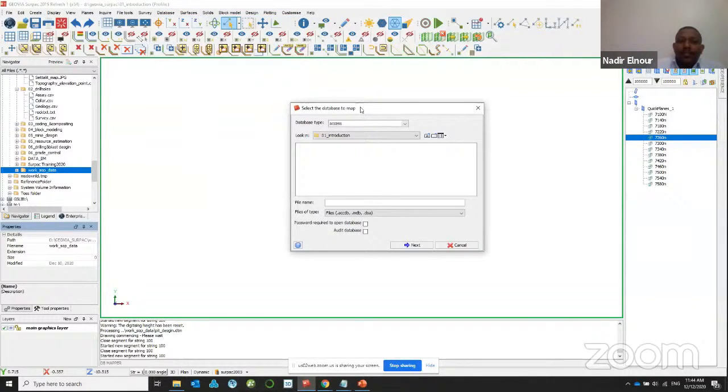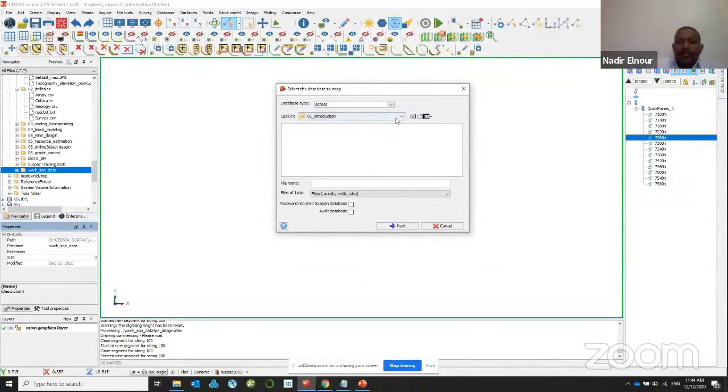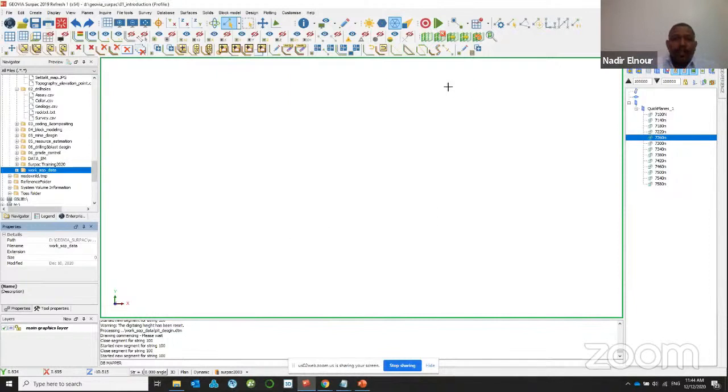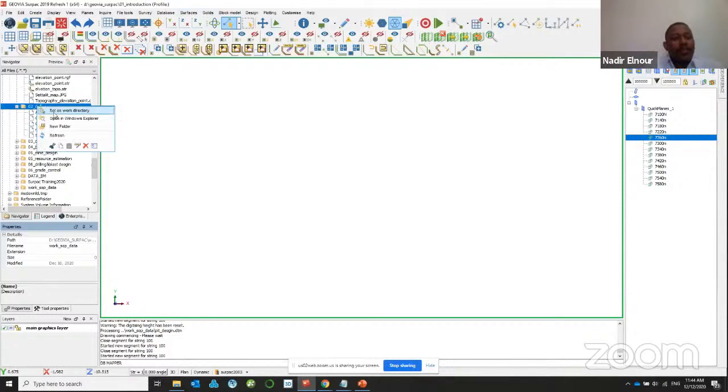If you select map database, that means you have your database installed in, for example, SQL or in Acquire if you have Acquire, or even in Fusion. You can see you can connect many connections. You can use ODBC and then you can select the server you need and then next, and then it will connect to your SQL database or Fusion or Acquire database, and then from that you just map your collar location, collar files and fields, and also map your assay like this one. Also, you have the option to get data from CSV,